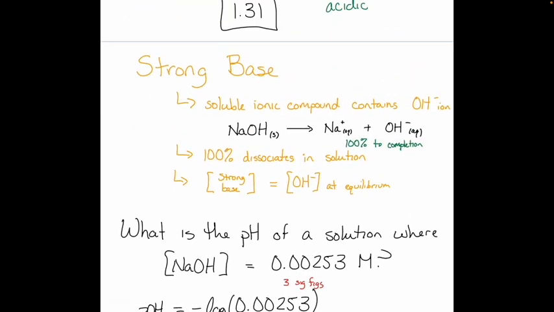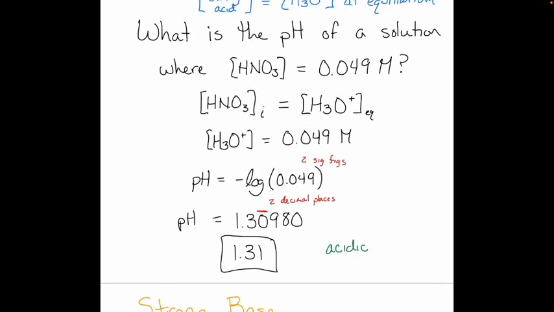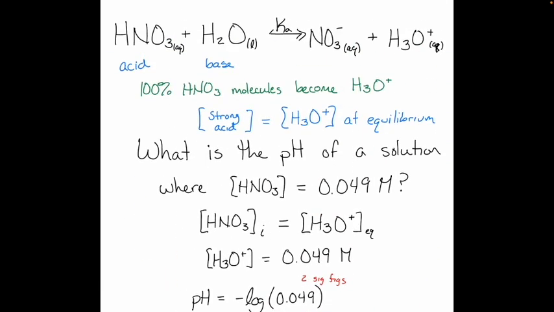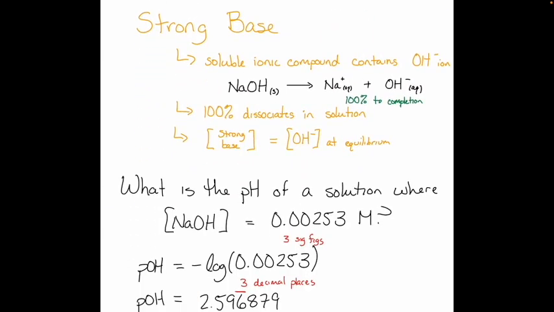Okay? So for both strong acids and strong bases, the key is that we get to assume because it's strong that 100% of that compound will dissociate in solution. Right? So for a strong acid, that means that the concentration of strong acid equals my hydronium ion concentration, so I can find my pH that way. If we're talking about a strong base, that means that the concentration of base is equal to my hydroxide ion concentration. And I can find my pH that way by using my auto-ionization relationship.